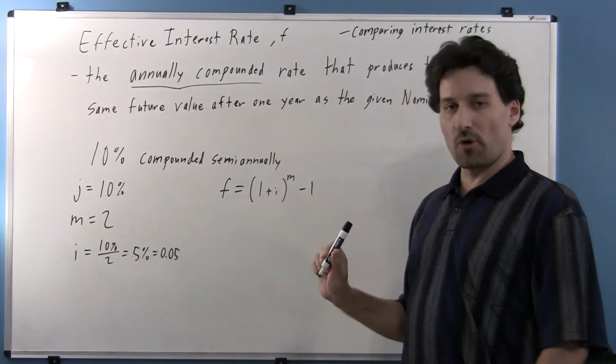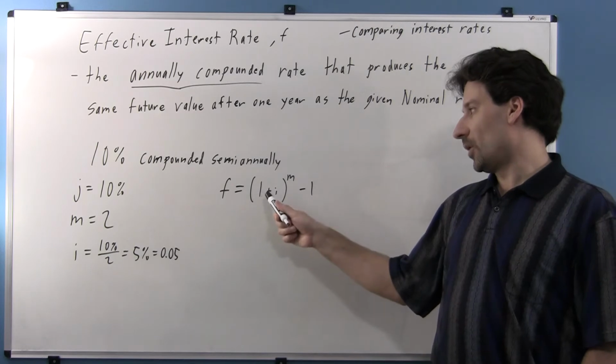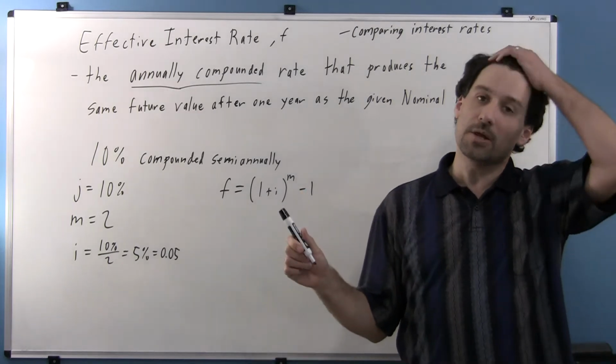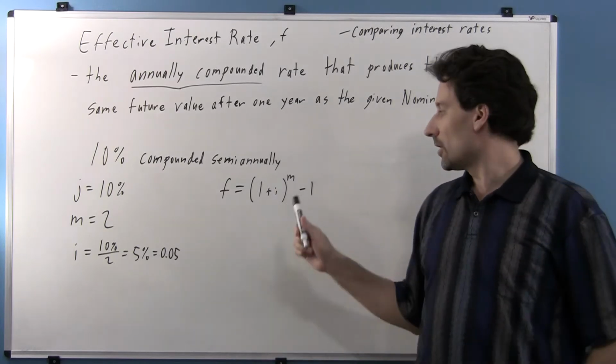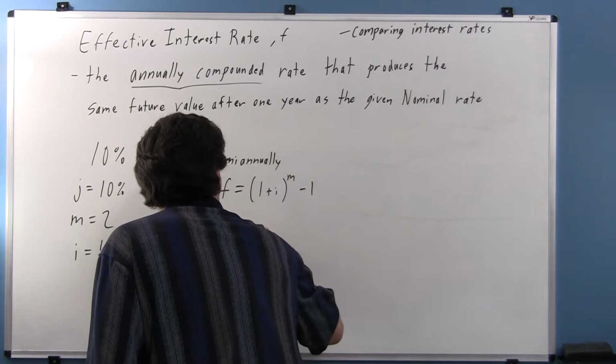Here was our formula we developed. The effective rate equals bracket 1 plus the periodic rate, I, bracket, to the power of m, the number of compounding periods in a year, and then minus 1. Let's fill in our numbers. F equals,